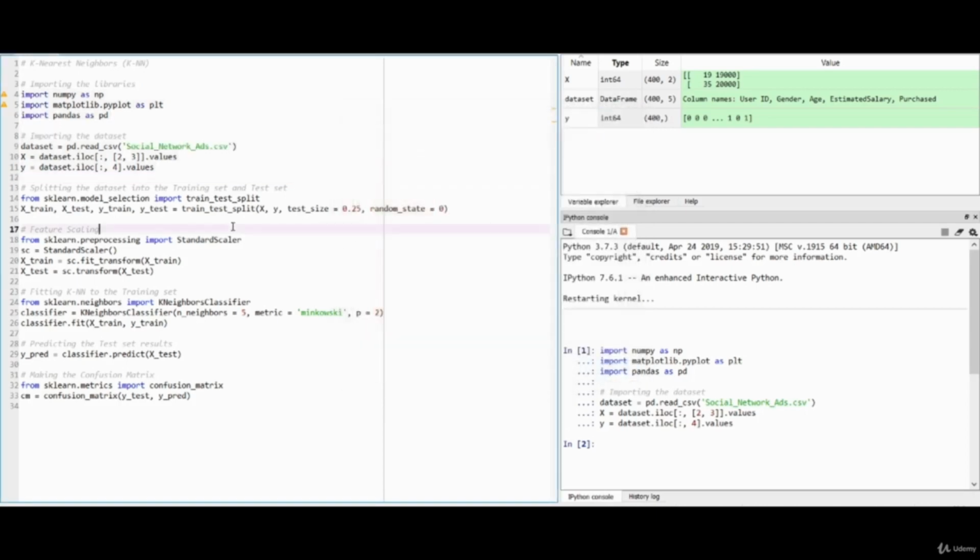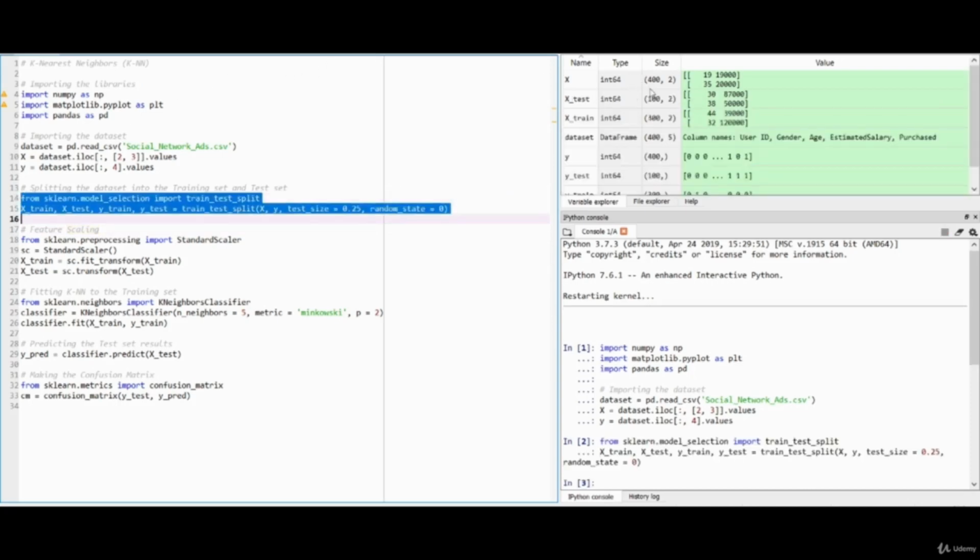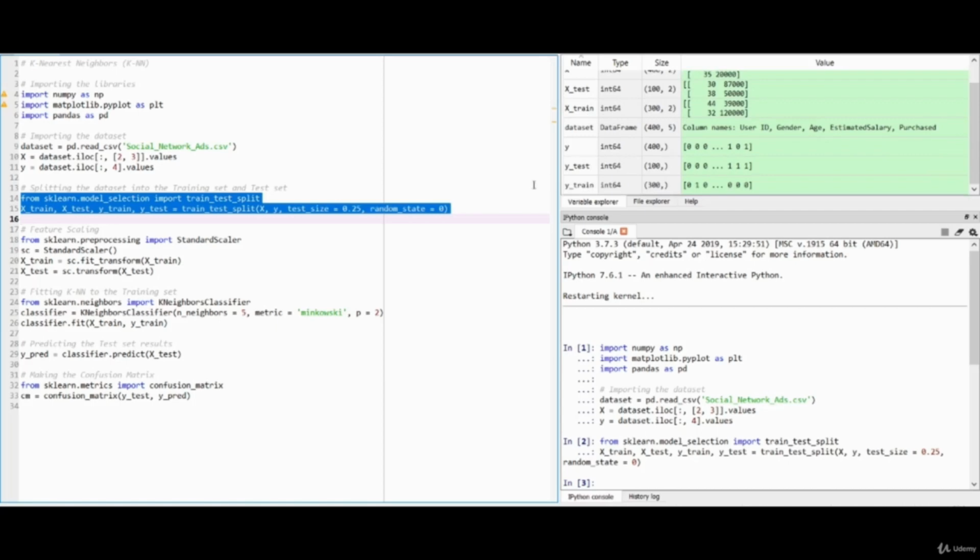Now after this we are going to split our dataset into train and test sets. So let me run this code and split our dataset. As you can see, our dataset is split into X train, X test, Y train and Y test.